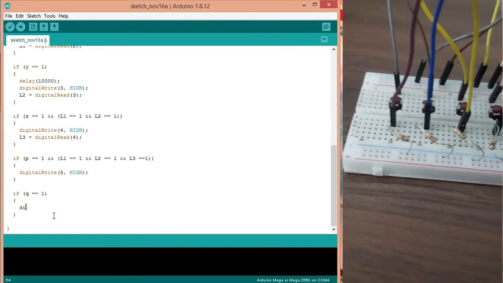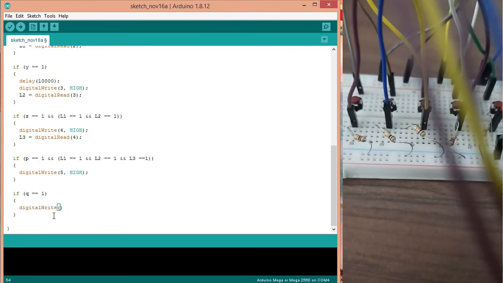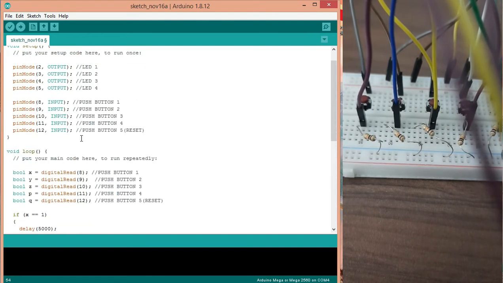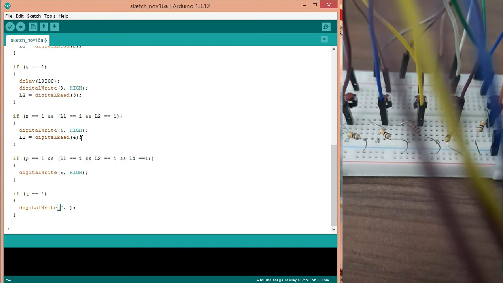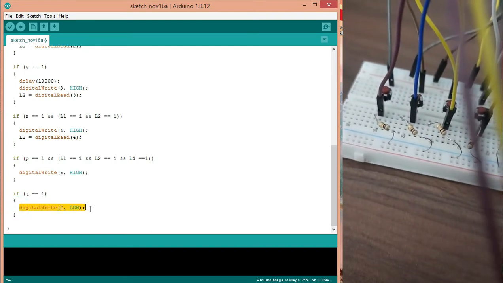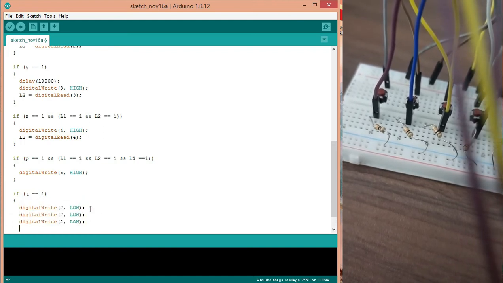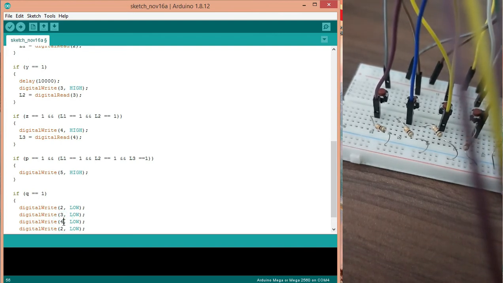For that, digital write, and we are using 2, 3, 4, 5. Okay, 2 low, copy code, 2, 3, 3, 4.